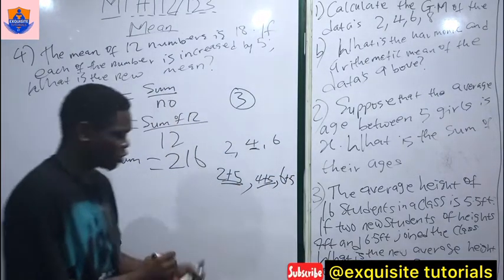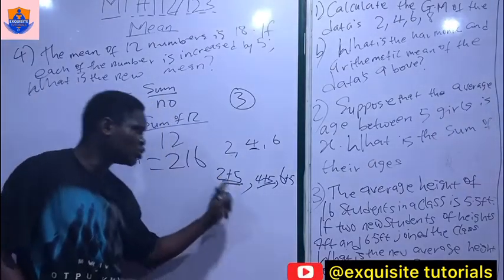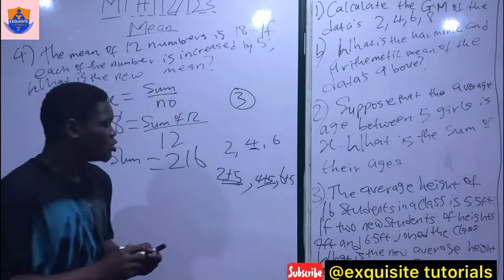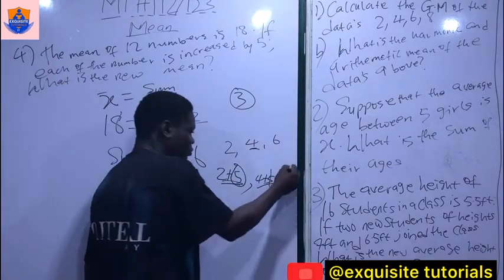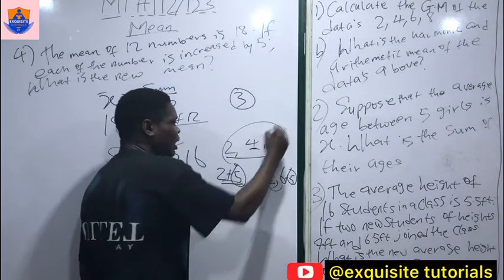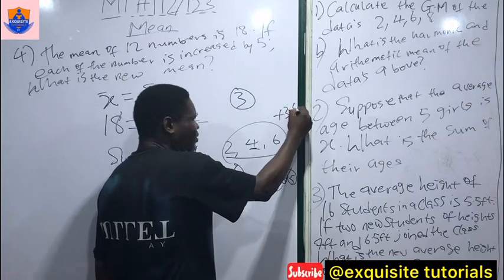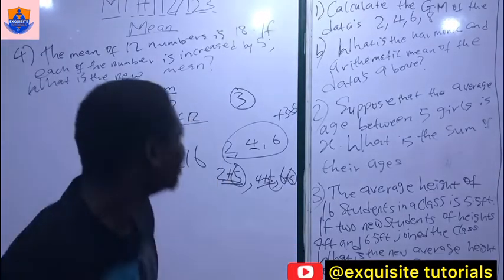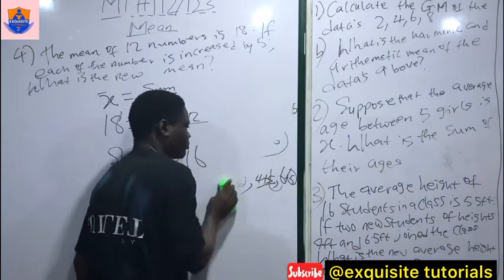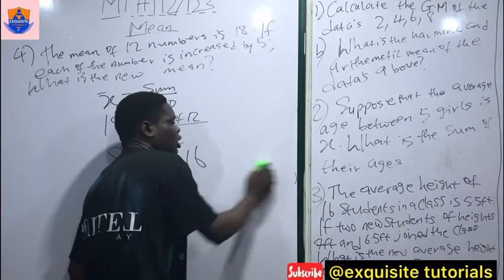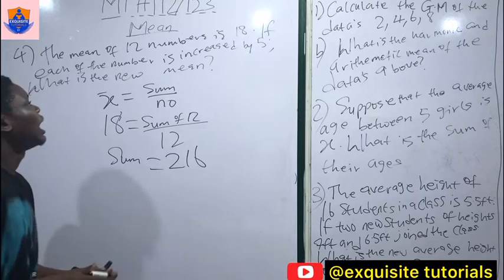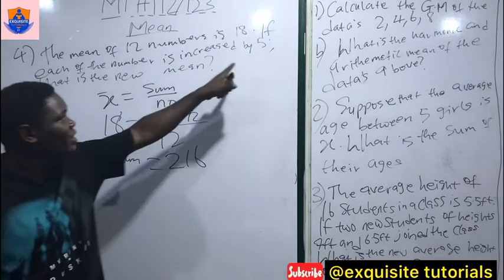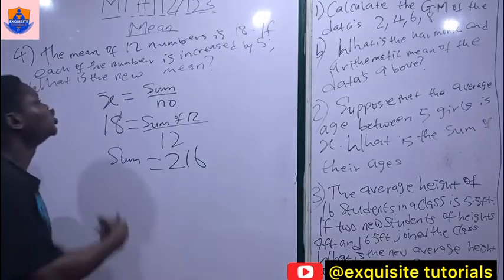Now the question you should ask yourself: how many times did you add 5? When you want to add everything, you added 5 three times. So instead of just writing plus 5 plus 5 plus 5, you can rewrite everything here and add plus 3 times 5, because you added 5 three times. So that's what we are going to do here. Because there are 12 numbers here, and you added 5 to each of these 12 numbers, it means that you add 5 12 times. So the new sum